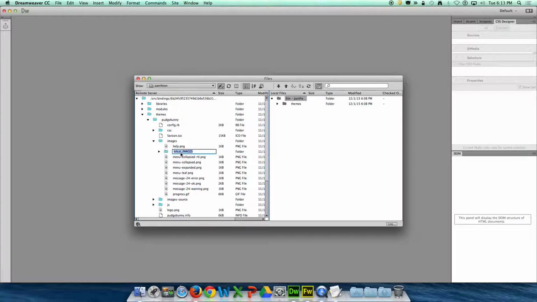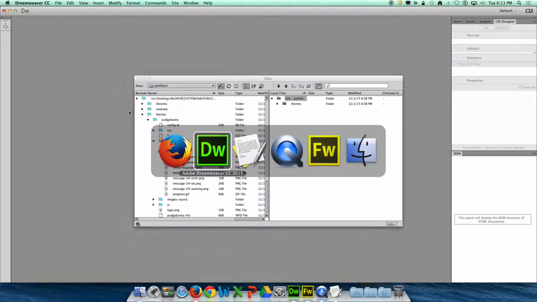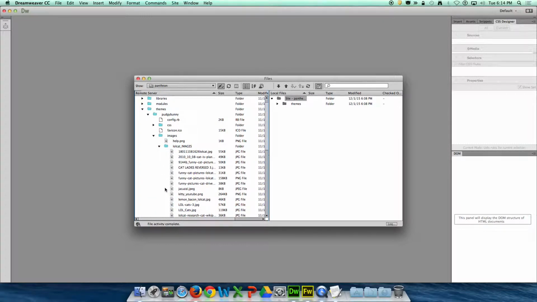And I'll show you another cheat here. I can just double click on that and copy that. So I'm just building my path here by drilling into folders and looking at what's going on. This is a slow way of doing it, but sometimes you get stuck and you think you know it and you type the path and it just doesn't come up. Well, this is a way to drill into it. So then lolcat images, and then let's just pick out one of these